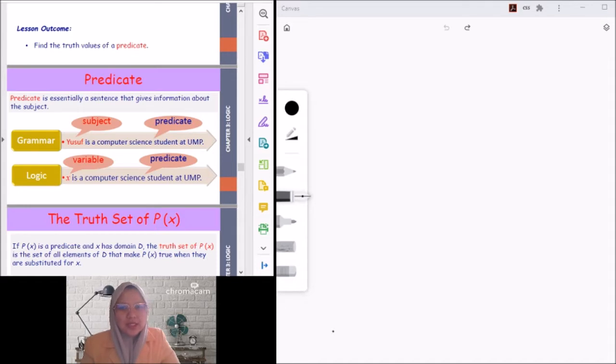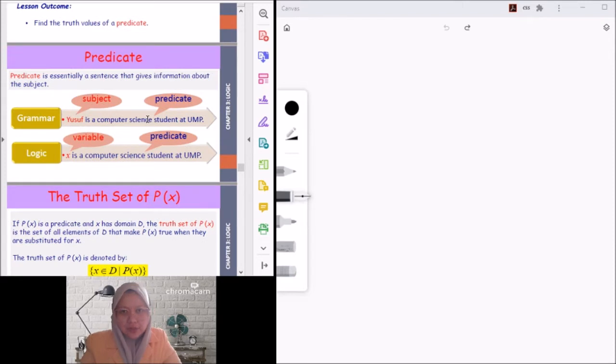This video lecture is a continuation from the latest video, which is chapter 3. This video is about predicate and quantifier. Okay, first let's look at predicate. A predicate is essentially a sentence that gives information about the subject. Usually we write a predicate as P